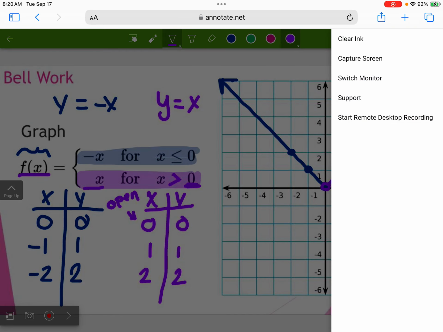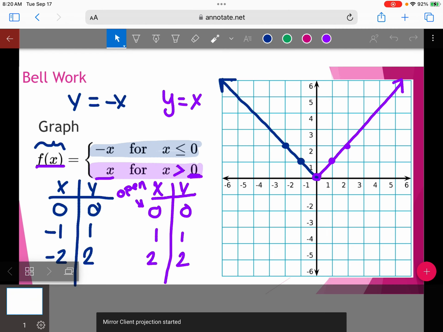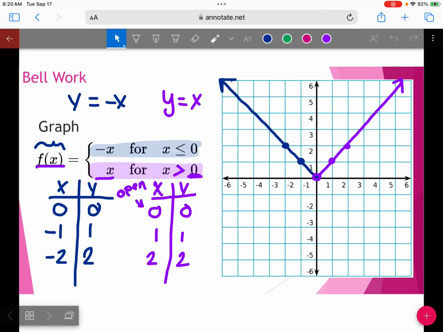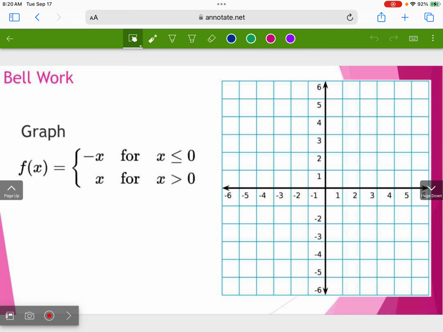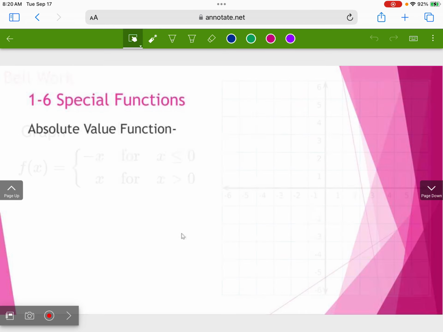I'm listening. Oh, oh, oh, never mind. That was fun. I don't know what that's doing, but it did a thing. Cool. Well, I found a way that I can pull it back up. I love when my technology is grumpy. Okay, so